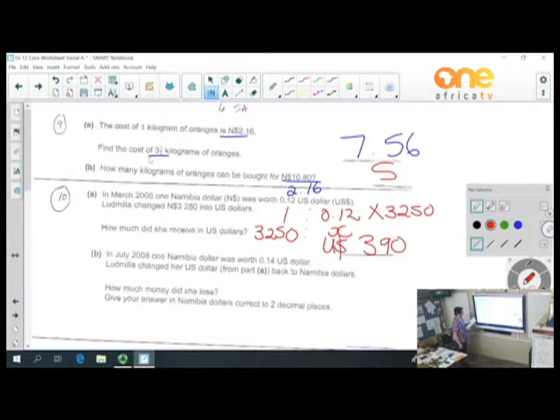In July 2008, 1 Namibian dollar was worth so many US dollars, and she changed her US dollars back now. So now the currency rate is 1 to 0.14. She comes back with 390 US dollars. What is it in Namibian dollars? So this time, multiply with bottom divide by top. Now it's a division sum. This time you're going to divide. And the answer is then